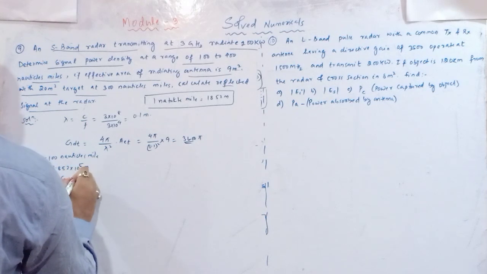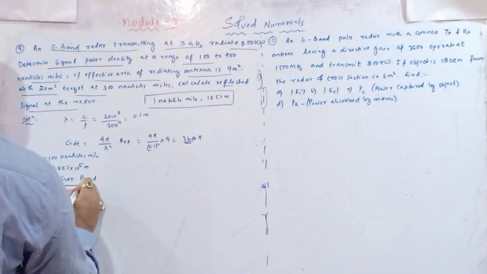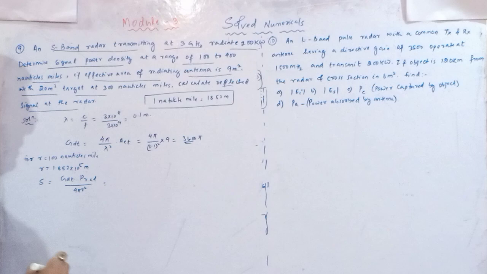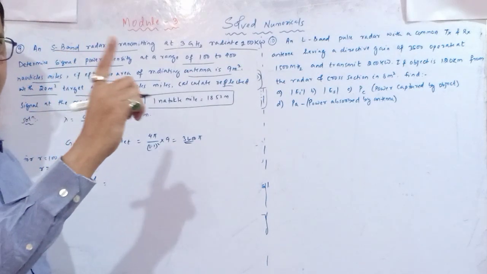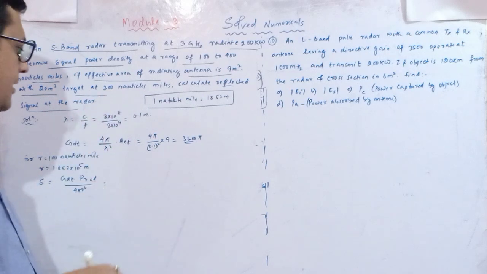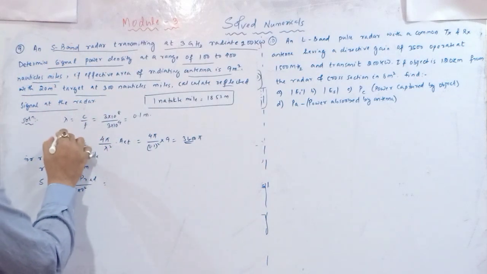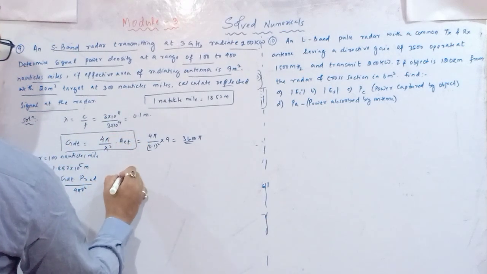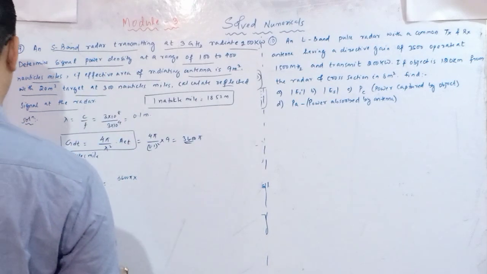So it is GDT, it is P rad divided by 4 pi R square. So S is our power density. So what is power density? Power density is power divided by the effective area. So the effective area in this relation we have seen with respect to this GDT. Okay, so that I am going to substitute here. So it is 3600 pi. Radiated power is how much? 200 kilowatt.